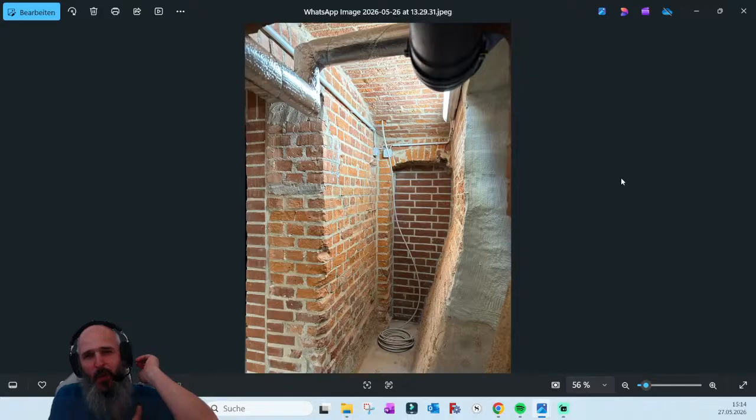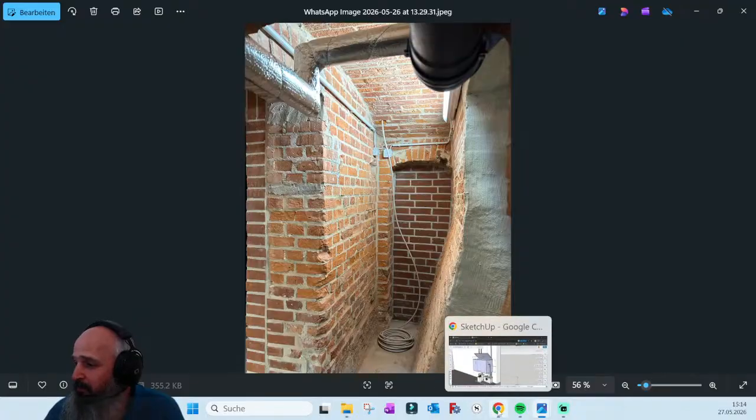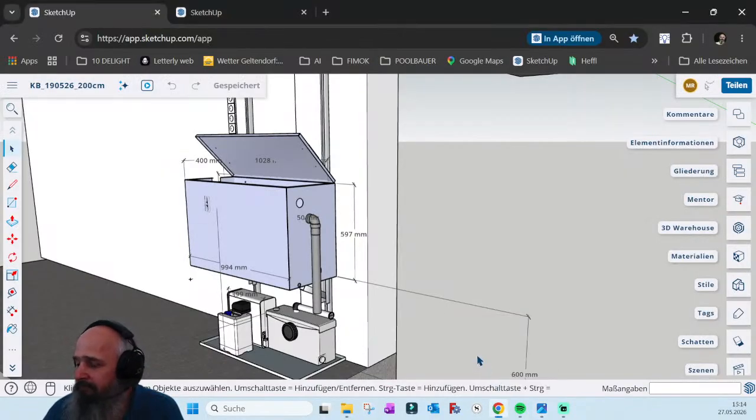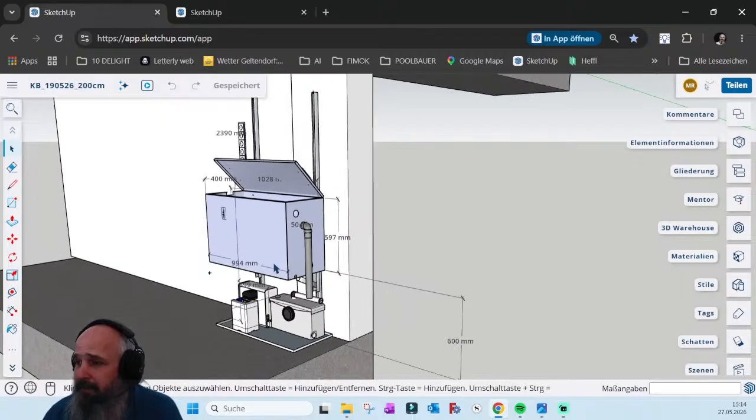So no access from the other side anymore. And guess what? This site is going to be visited in 2 weeks. So anyway, it means that I had to change the setup of the water treatment,